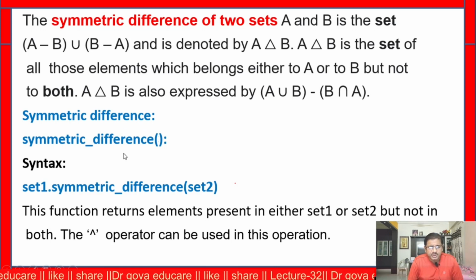This is the symmetric difference method. This is the syntax: set 1 dot symmetric difference of set 2. This function returns elements present in either set 1 or set 2 but not in both. We can use the cap operator also.